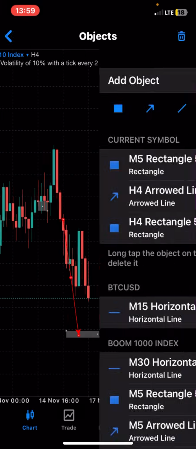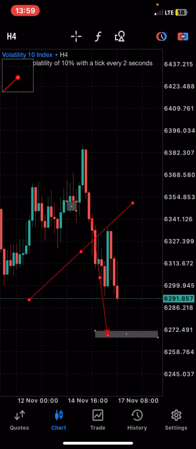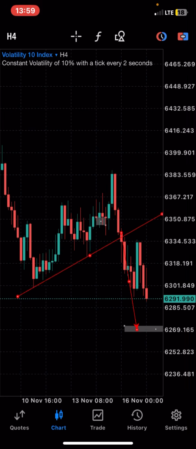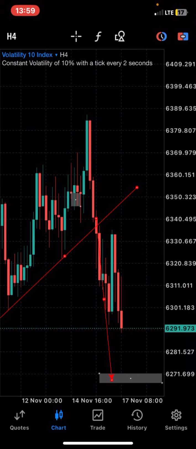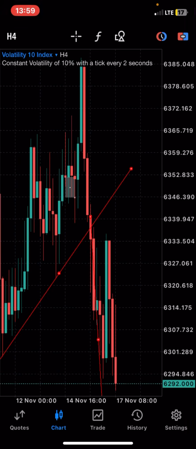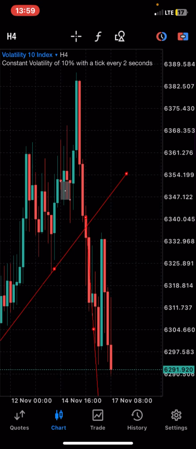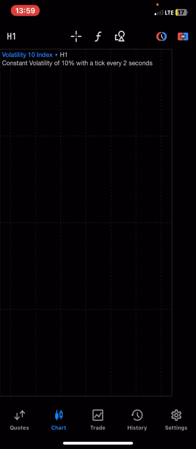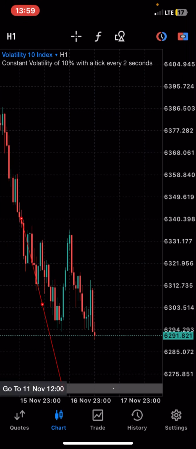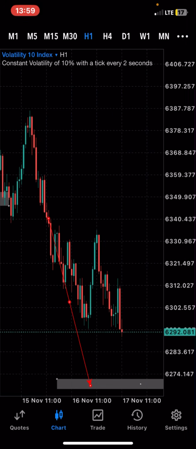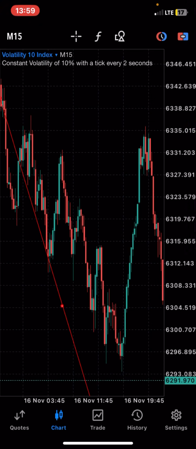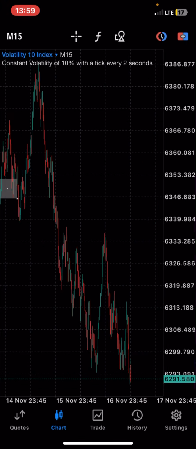So what was price actually doing over here? Price was coming back to retest this trend line, even though I don't usually trade trend lines, but it was what was going on. So we go down onto the lower time frames. I couldn't really see anything on the H1 until I got all the way down to the 15-minute time frame. Now, to all of those that know how I trade,